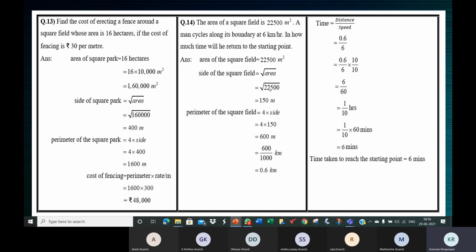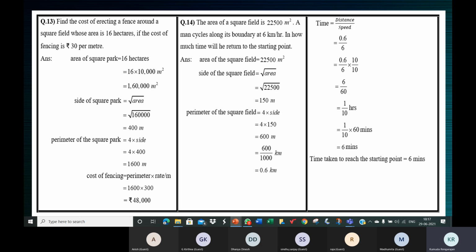A perfect square will never end with an odd number of zeros. That's why 10 is not a perfect square, but 100 is a perfect square. 1000 is not a perfect square. 10,000 is a perfect square. But the converse is not true. Not all numbers that have 2 zeros in the end are perfect squares. Like 100 is a perfect square, but 200 is not a perfect square. 200 also has 2 zeros in the end, but 200 is not a perfect square.